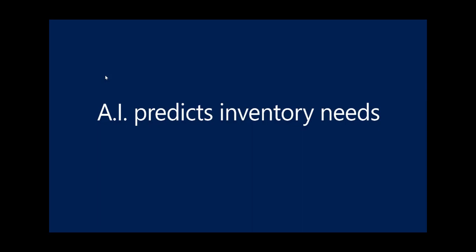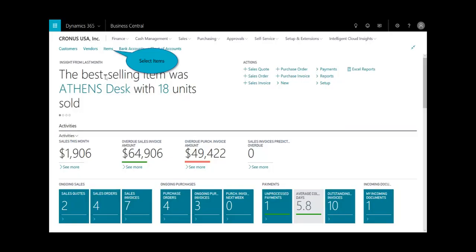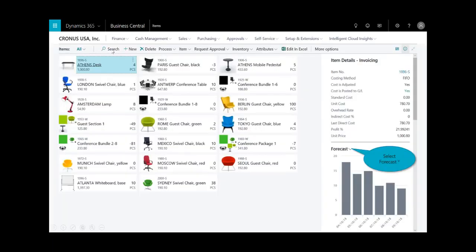The third scenario around inventory management was just to show you how we can leverage artificial intelligence to predict my inventory needs. Now this uses some of the Cortana intelligence that we have within Dynamics 365 Business Central. It's also known as the sales and inventory forecasting app that comes installed with the application. But the scenario is I'm making sure that I've got items to cover our future sales. So I select on the items,